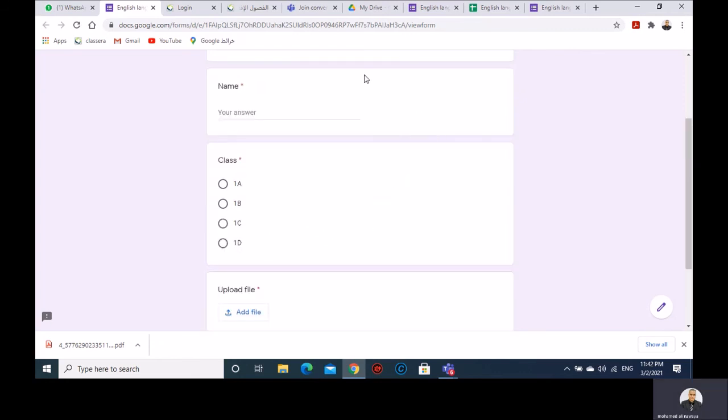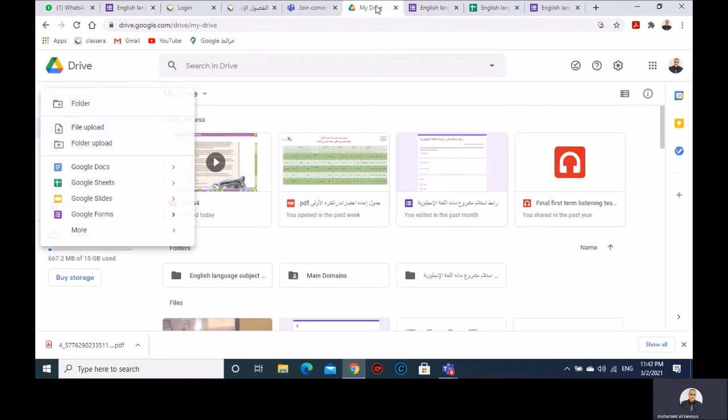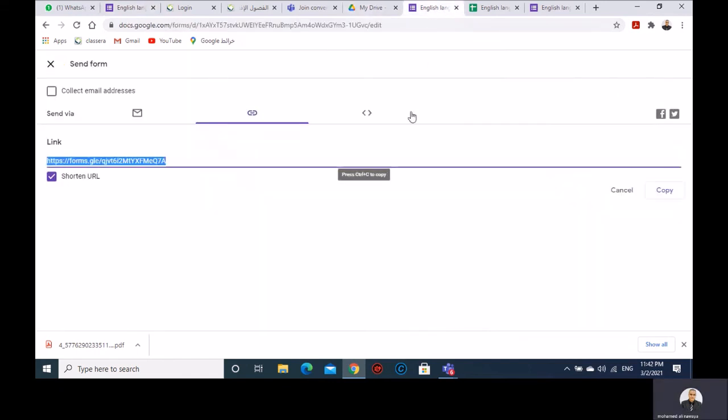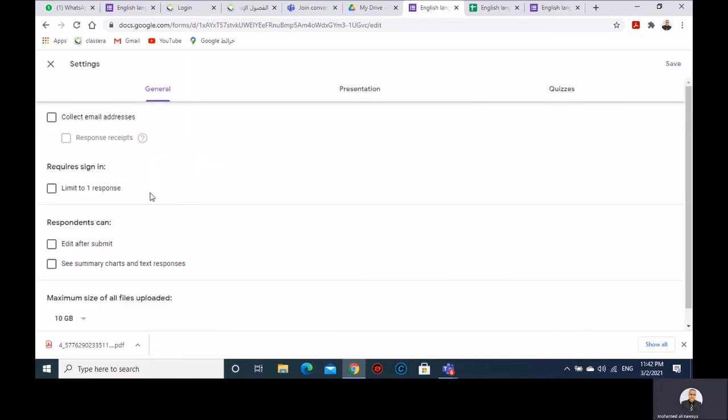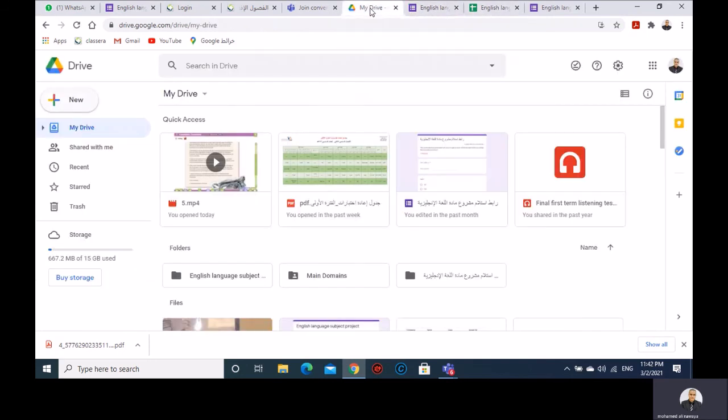for the students here. But one more thing we have to check before finishing. Here questions. Here settings. Here limit one response. Don't click here. Don't activate this icon, to give the student the opportunity to send more responses or more files. So I think now we have finished and we know how to send the link to the